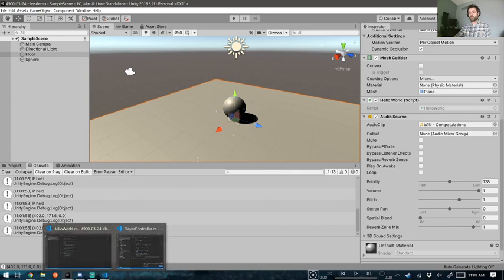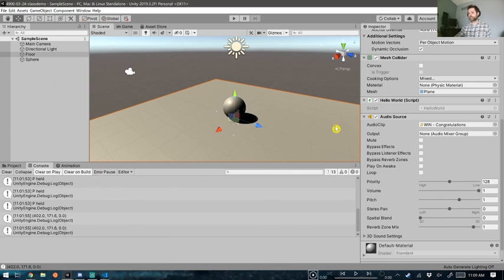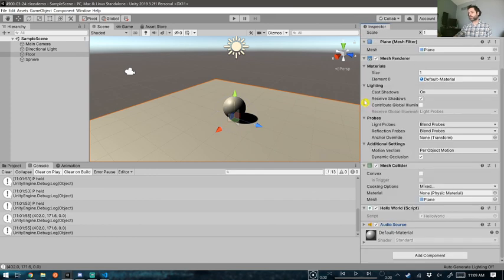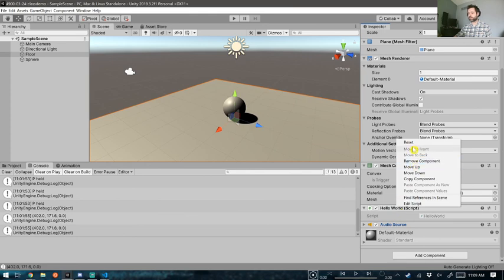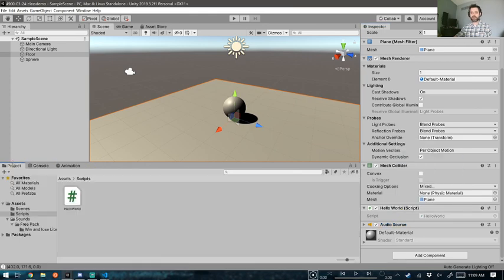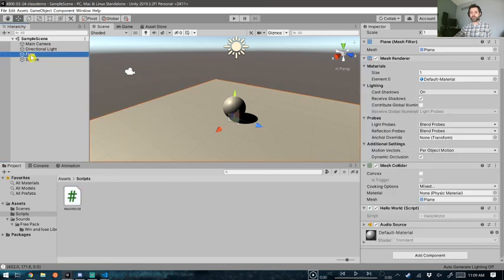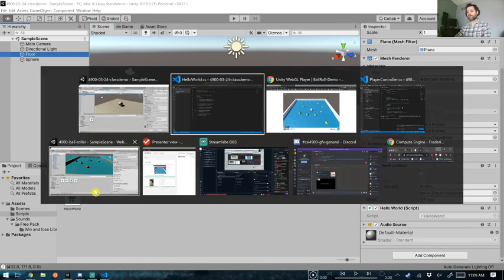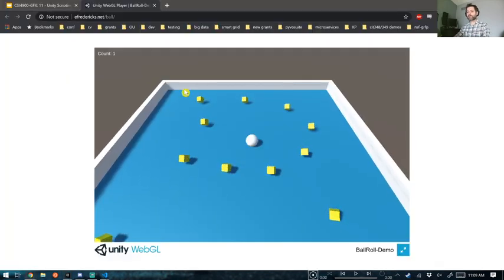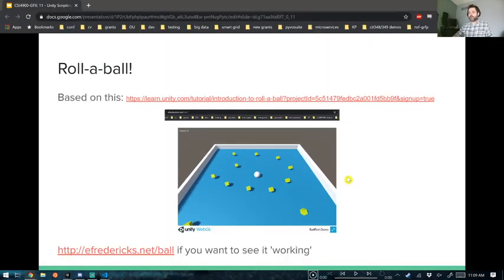Okay, so what I've got so far, I've got this Hello World script, I've got my audio. I think what we'll do is we'll just leave this in here for now. So I'm going to actually rename this script. I'm going to change this to be, what have I applied it to? Floor? We'll leave it as Hello World for now. All right, so